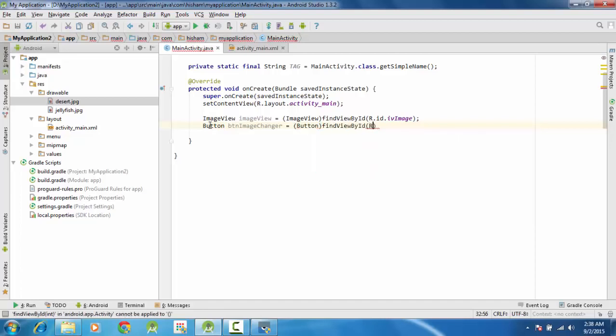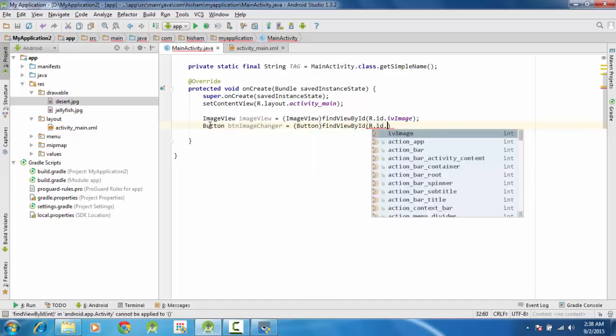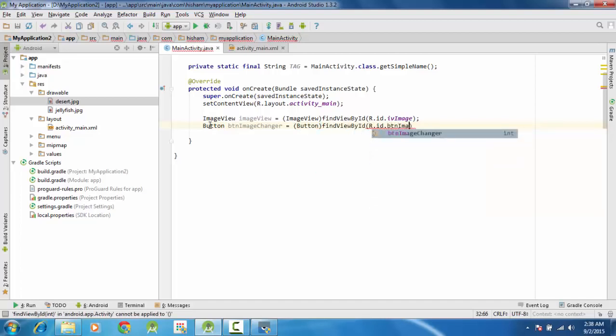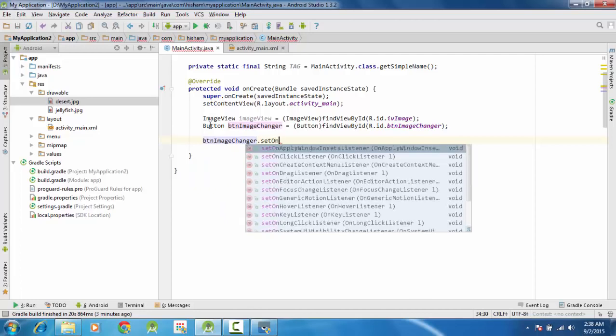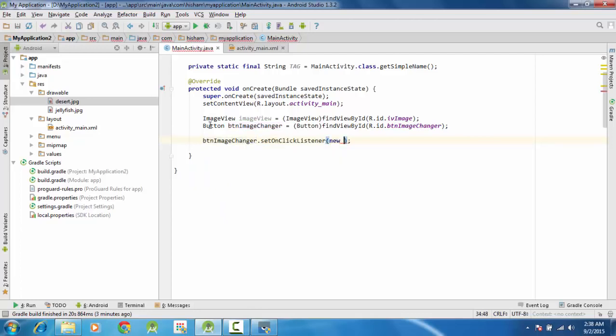Button findViewById, R.id.btn image changer. Now on the click of the button, I want to change the image. So the first thing that I have to do is set an on click listener on the button. So btn image changer dot setOnClickListener, new OnClickListener, and inside my onClick method,